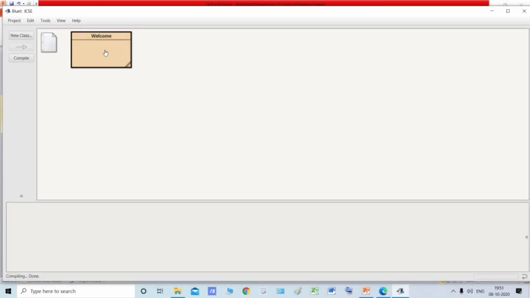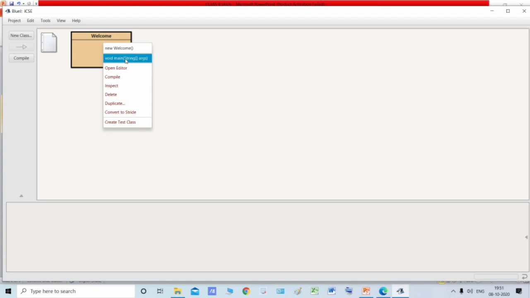Now you need to go to this class file that we had created and right click on it. After right clicking, come to this void main string args. This is our main method, the entry point of our program, as I explained in the previous lecture.